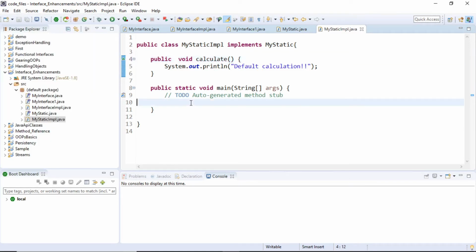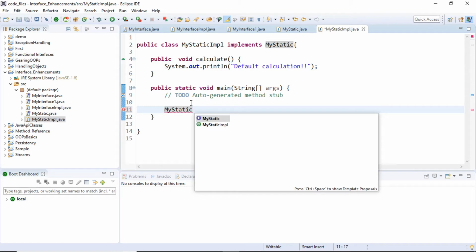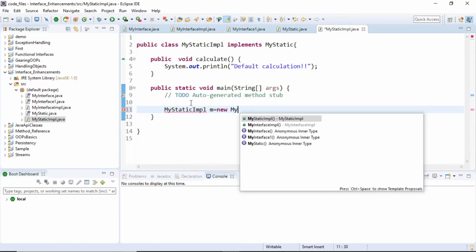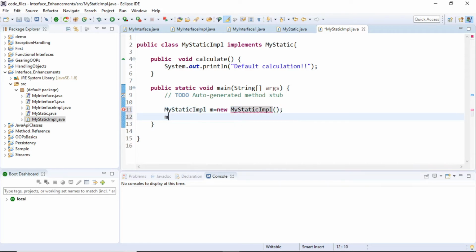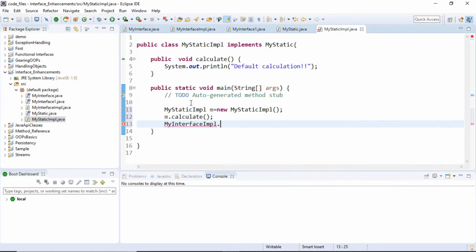then I'll be able to call that method, as we know. Like I'm going to say myStatic implementation m is equal to new myStatic implementation, and I will be calling m.calculate. Okay, so that's the one thing that I can do. And if I say myStatic implementation dot, you will see a surprisingly new thing. And what is that?